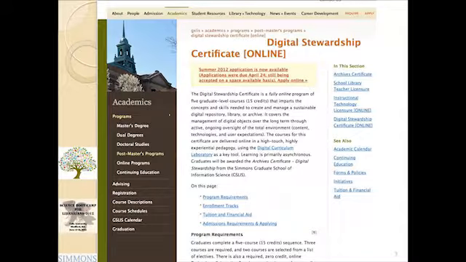So this is a plug, but I figure we're okay. But again, this is not e-science. This is doing something different. So this is the Digital Stewardship Certificate Online. And this is a 5-course program that just started 2 weeks ago. And it's teaching digital stewardship.